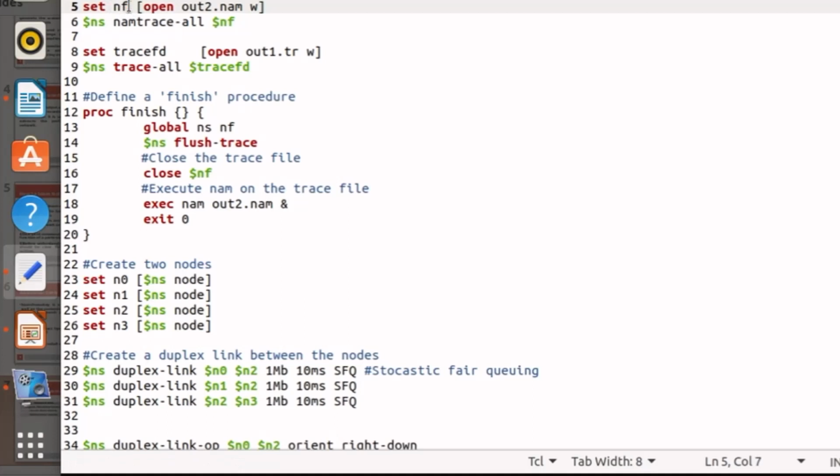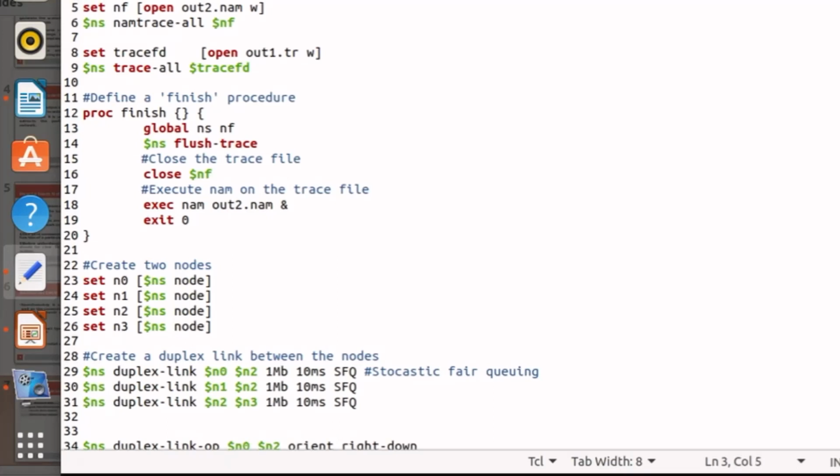Set nf. Most of you might not know the TCL script, but there is no problem in that. I will be telling you everything that is required. Set creates a variable. In C++, how do we define a variable? Suppose int a is equal to something.